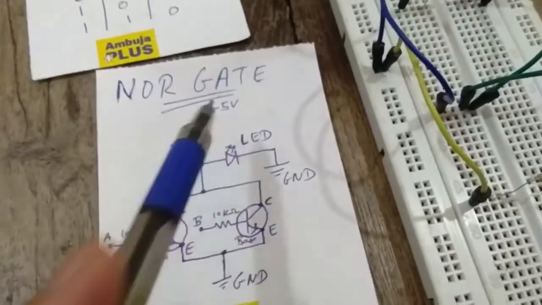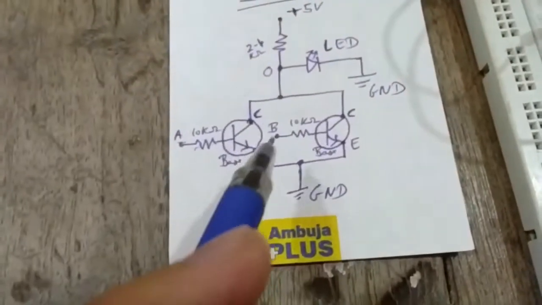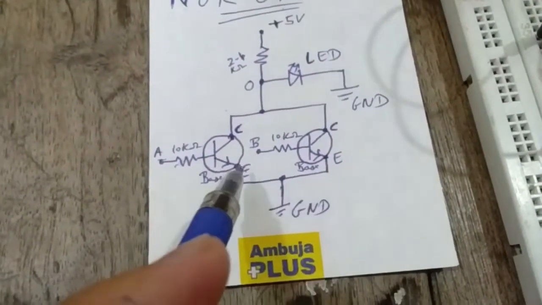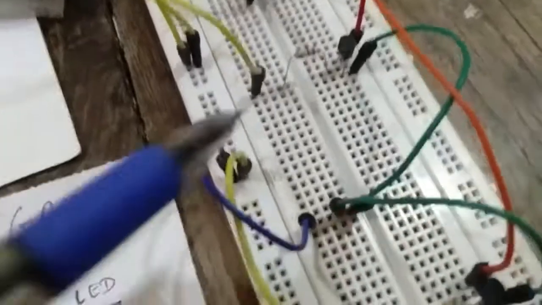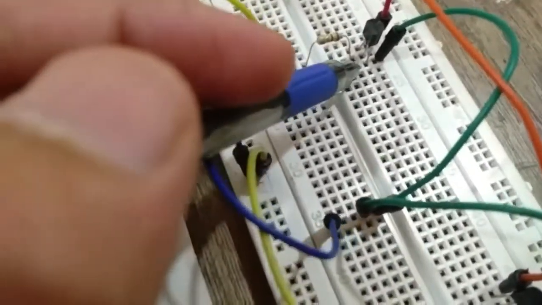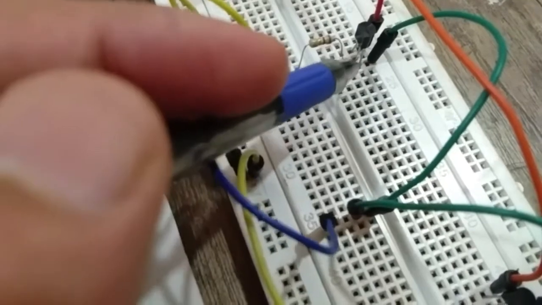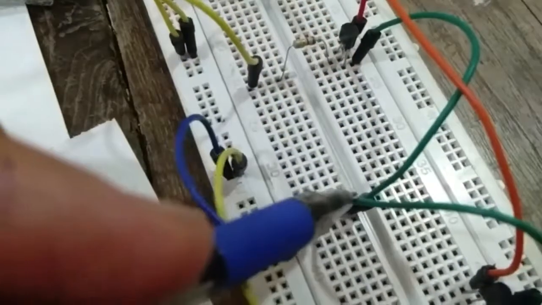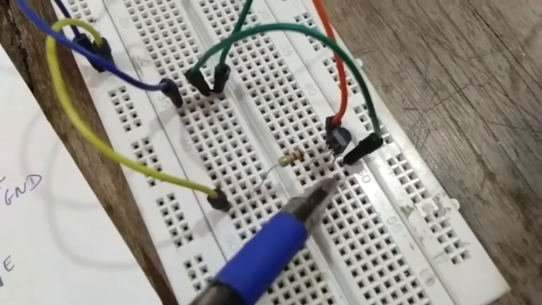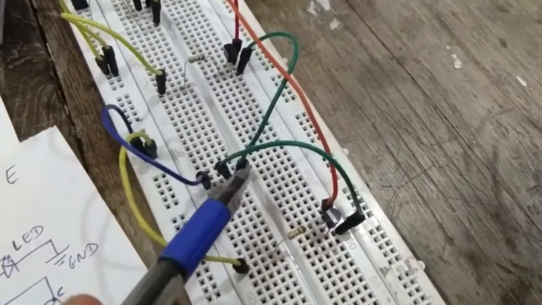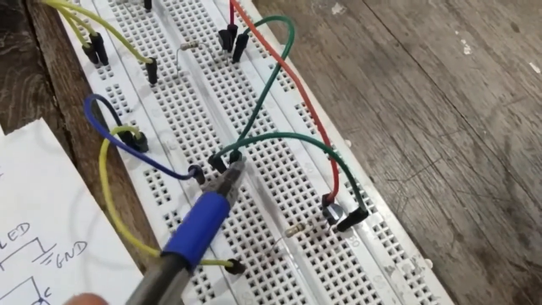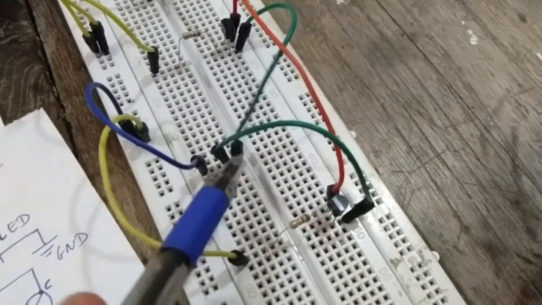Now the remaining part is the emitter terminal of both the transistors. The emitter terminals of both the transistors are connected directly to the ground. So here you can see in my first transistor, this one, this is the emitter which is connected with the green wire which comes here. Also the second transistor here is connected with a green wire which comes at the point where the emitter wire of the first transistor comes.